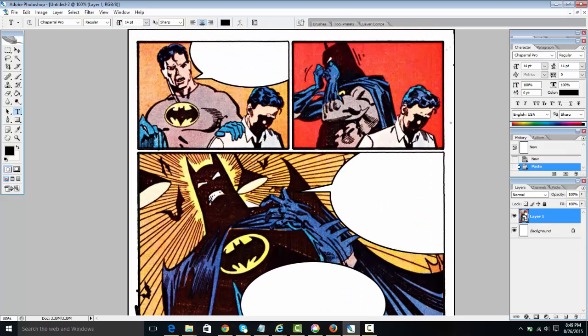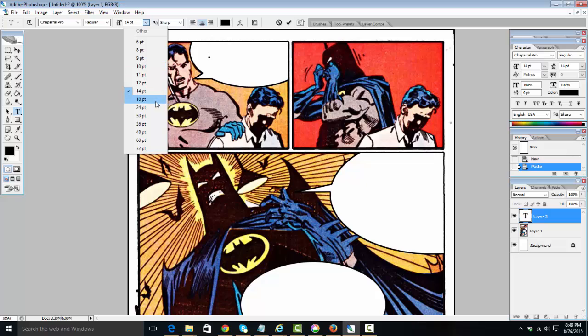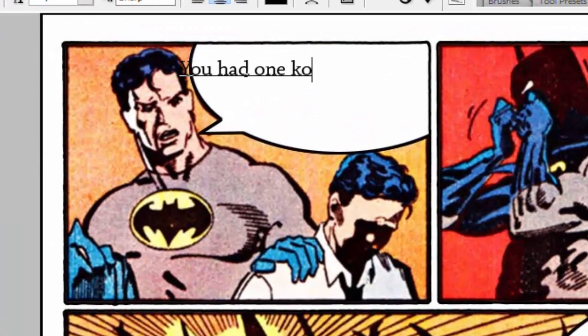And the obvious thing here, we've got Batman and what looks like Robin. Batman scolding him. He's probably like, why did you leave the keys in the Batmobile? Or something like that. That would be the obvious thing. What would not be obvious, I think would be a little bit more amusing, would be if Batman was talking about something that we didn't expect or anticipate him to be discussing with Robin. So maybe it was like, you had one job,